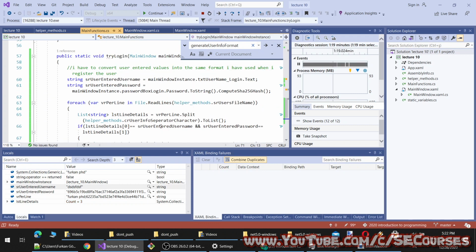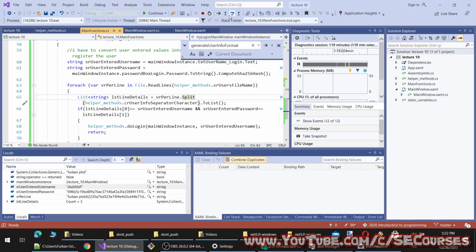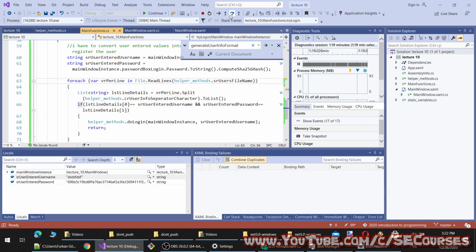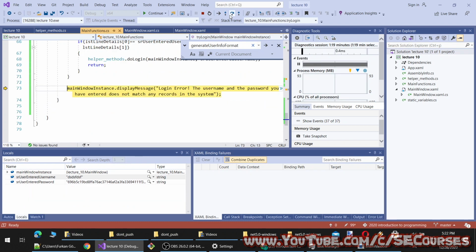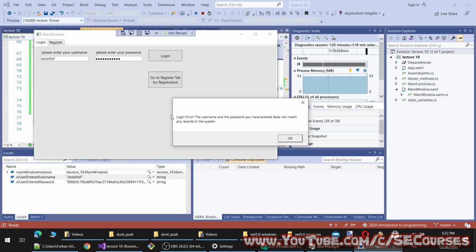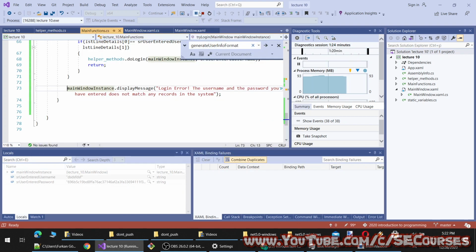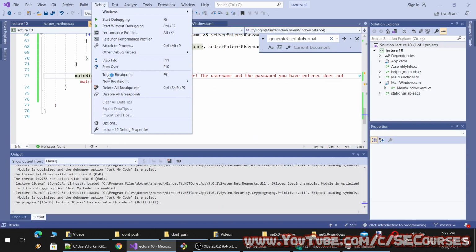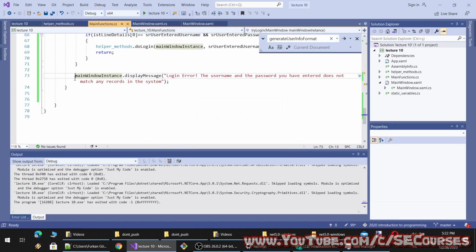So it compares the username and the entered password. They are not matching. So it continues. Then once all the records have been checked, it returns back. You see now my message is displayed. So let's see how it was displayed.